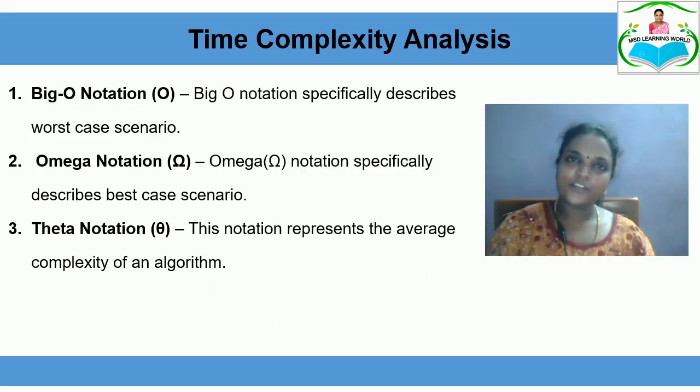The big O notation describes the worst case scenario and is used for finding the worst case time complexity of an algorithm. Similarly, theta notation is used for finding the average case complexity and omega notation is used for finding the best case complexity. By using these asymptotic notations, you find the efficiency of the algorithm in terms of time complexity.